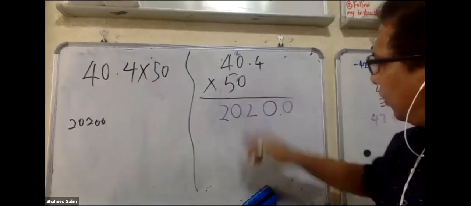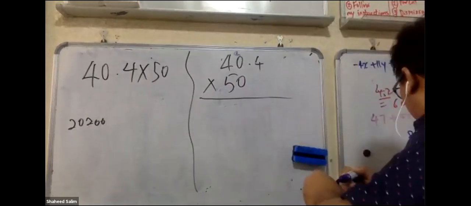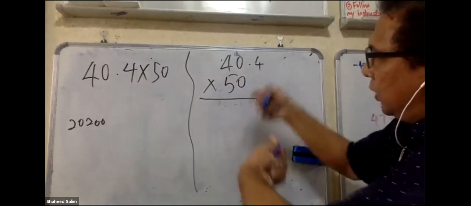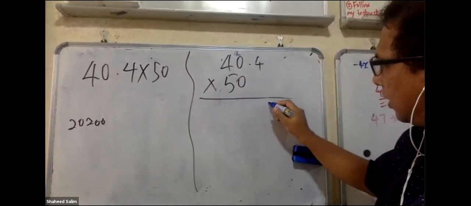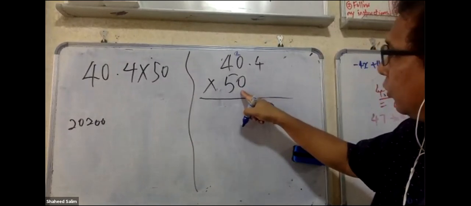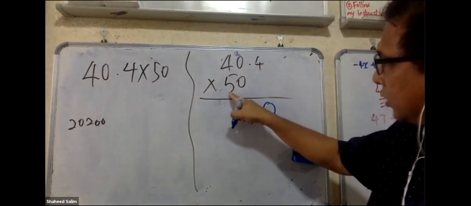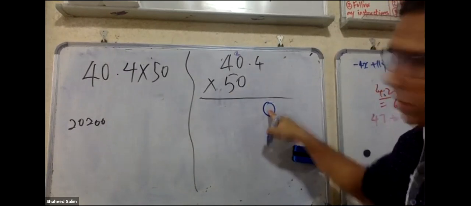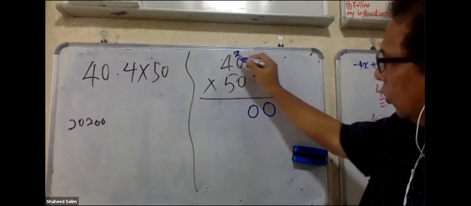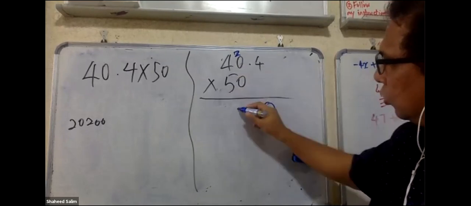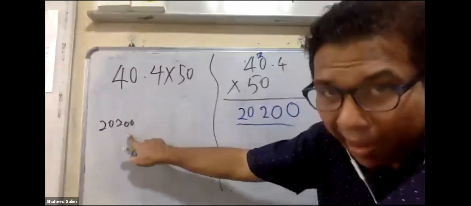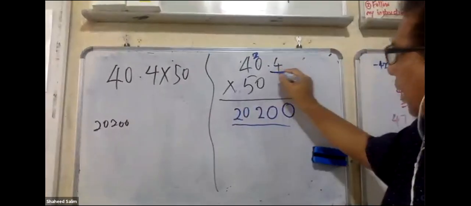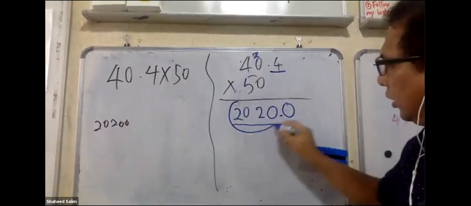Yes, but actually we need to add a 0 first. I forgot, one more time. Because this is the second digit, we need to add a 0. First digit starts here. Now we times the second digit, which is 10, so you have to put a 0 first. 4 times 5, 20, carry the 2. 0 times 5, 0 plus 2, 20. 4 times 5, 20. So this is why you get 2,200. But you must count the number of decimal places. 1. Put a dot here. So 2020.